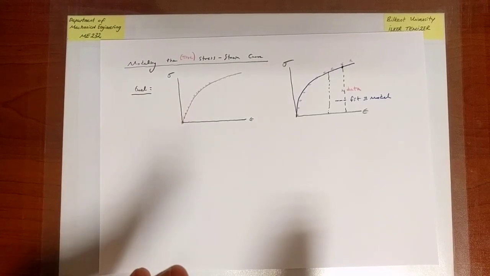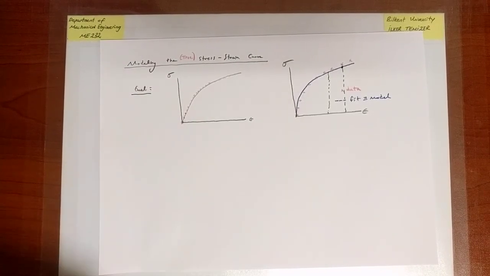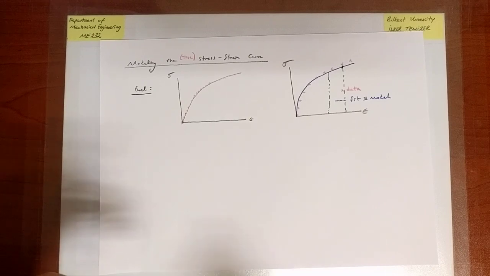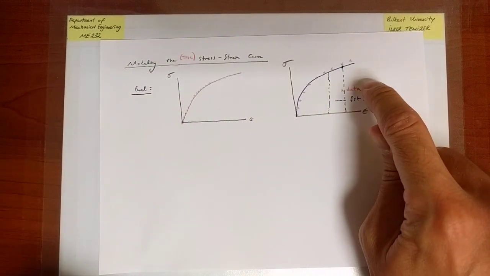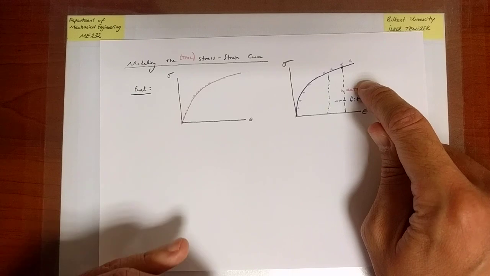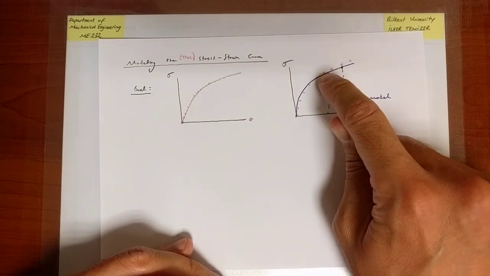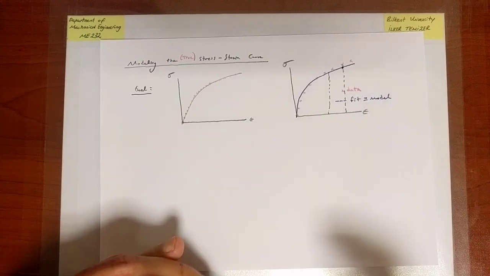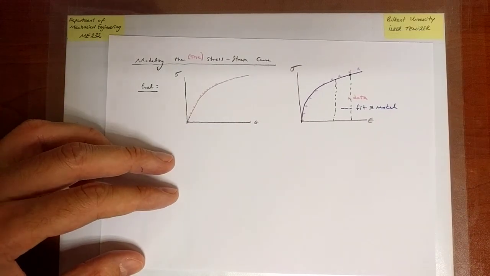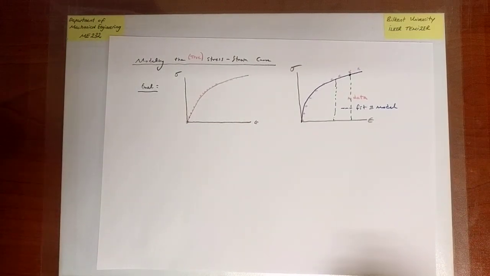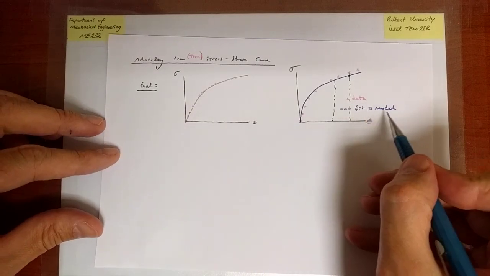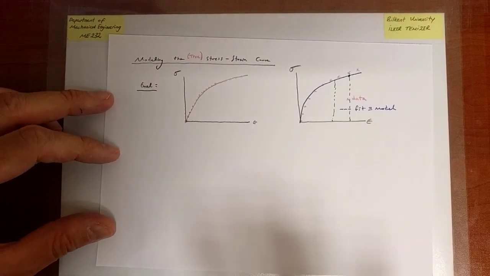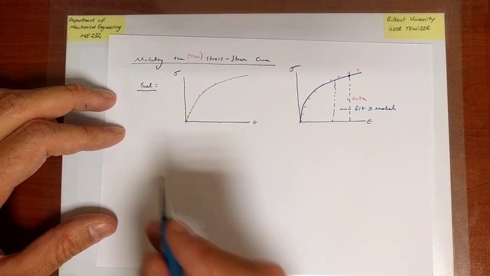So the model is going to help me take that material behavior, which is in reality represented by data, but at a discrete set of points. I'm going to be able to take that behavior and put it into some process analysis. So it's useful to be able to fit functions, models into given data,